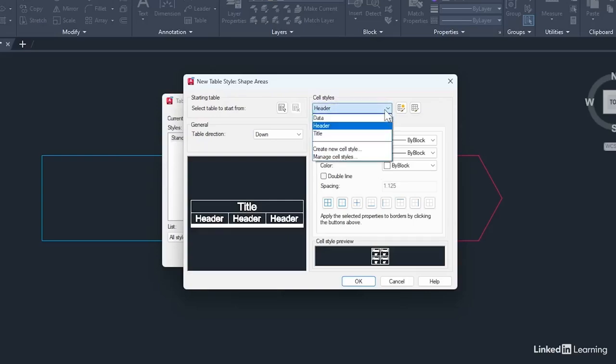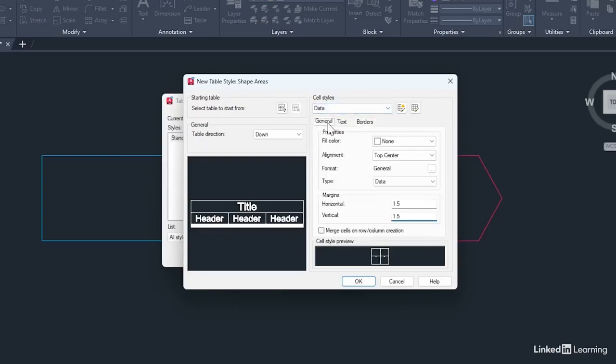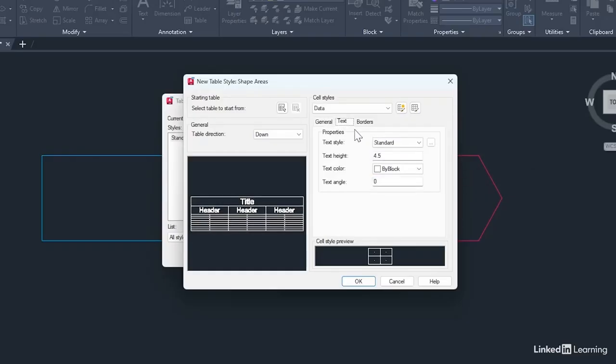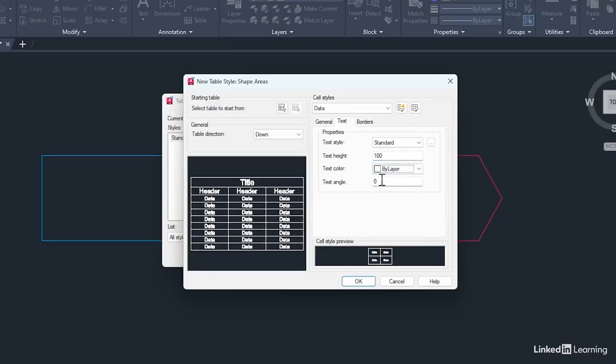And then last but not least, we'll go to data, go to the general tab. And again, these properties will remain fill color none. We'll change the alignment. I prefer it middle center. And you'll notice it's still general, but the type is data. So you can use formulas on data. So again, we'll set the margins to 25 for each one. And then we'll jump across to text, standard text style, text height 100, text color by layer, text angle 0,